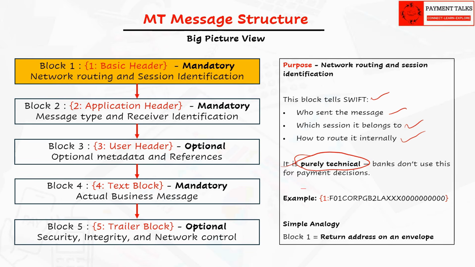You can see the example here. Key characteristics are it is mandatory and always present. No business meaning, not visible to corporate users. In our parcel analogy, think of block 1 as the from or return address on an envelope, where the sender information